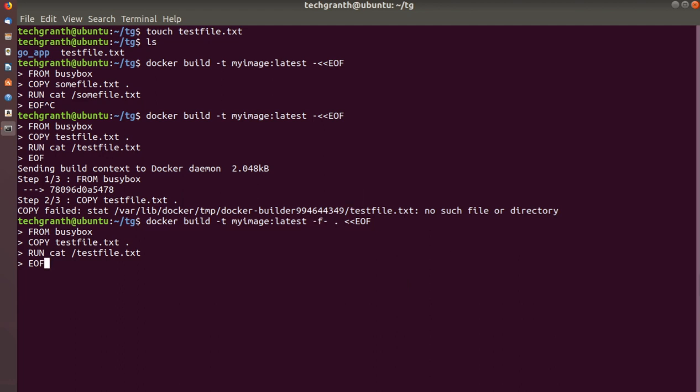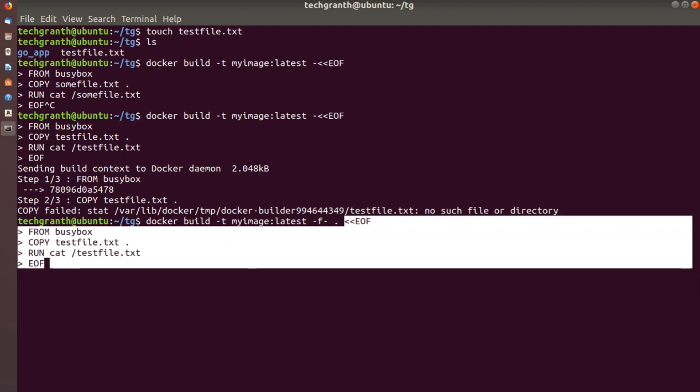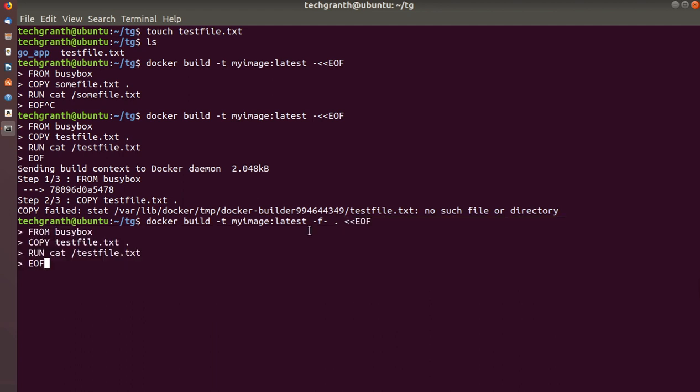So this syntax can be used to build an image using files on our local file system, but using a Dockerfile from stdin. The hyphen f option is to specify the Dockerfile to use, and hyphen as the file name instructs Docker to read the Dockerfile from stdin.